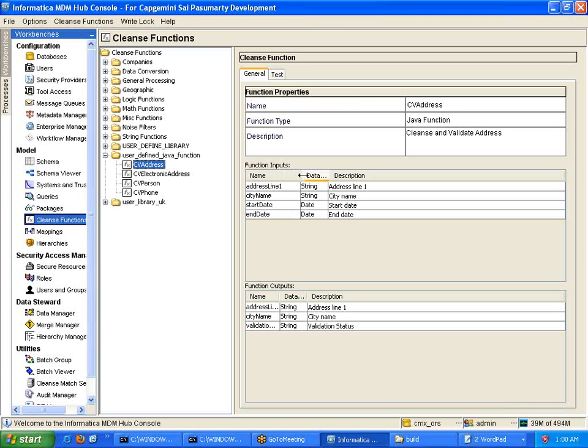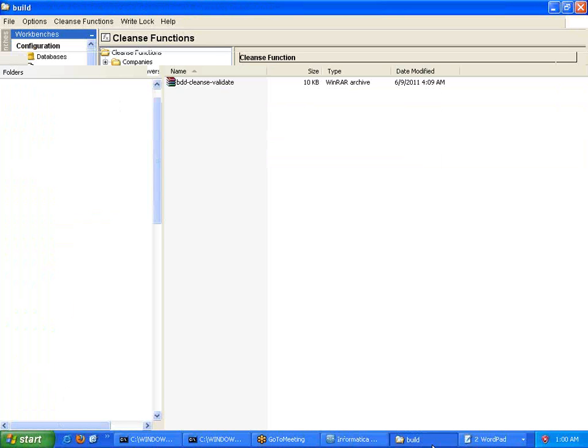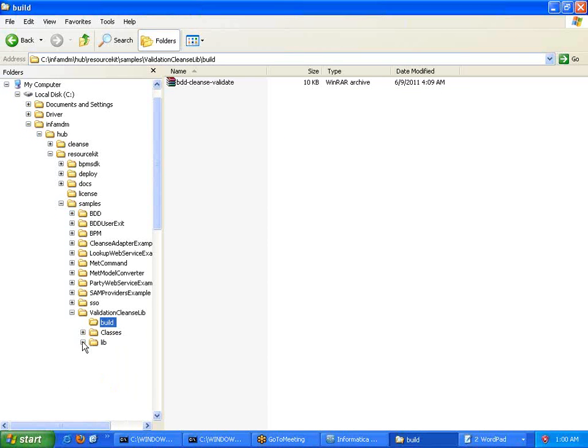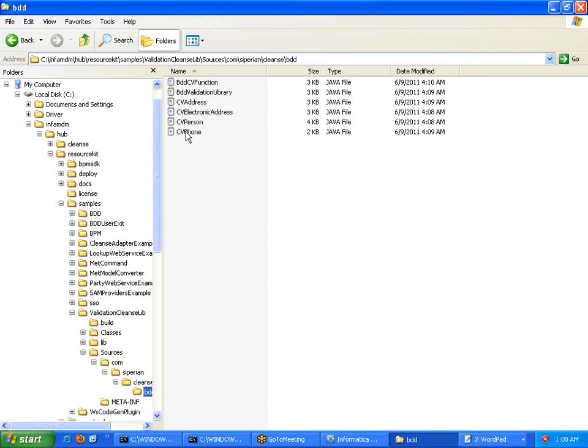CV address, right? Yes sir. Where we can go and look at this class, which is the CV address class. This is a Java file we discussed.